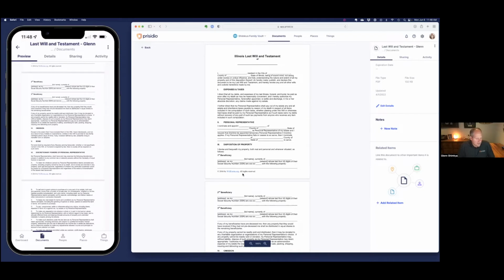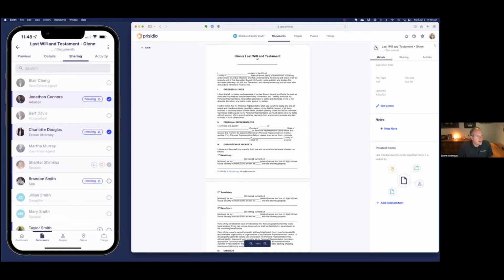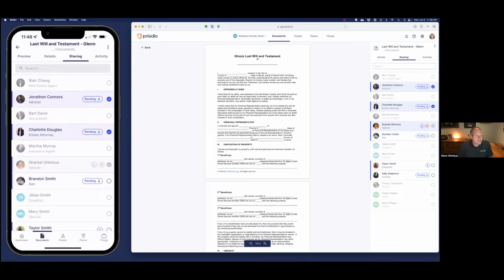So what I'm going to do is on mobile, I click on the sharing tab and I do the same on the web. And so now what I see is the people that are in my vault are highlighted with this little blue background. And these folks are the ones that are shared. So again, the blue line indicates these people are in my vault or have been invited to my vault. And the people that have the blue next to it or the check marks are the people that it's been shared with. So in this particular case, this will has been shared with Jonathan, with Charlotte, and of course with